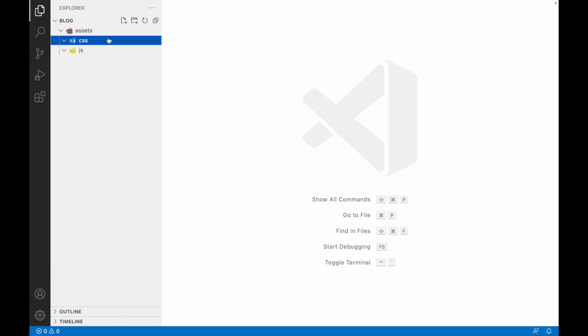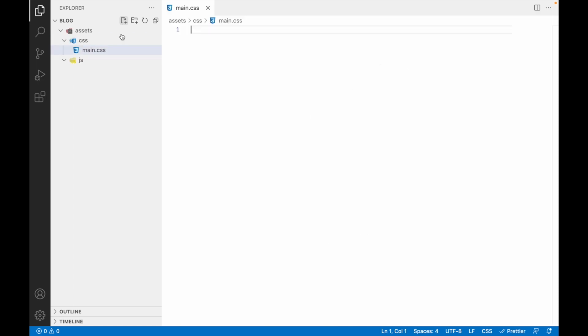Within the CSS folder, I'm going to have one simple CSS file. I'm going to call this main.css. At the root level here, I'm going to create index.html. Of course, you know what HTML is. So basically, we're going to be writing our structure, our blocks here, and we're going to be styling it with